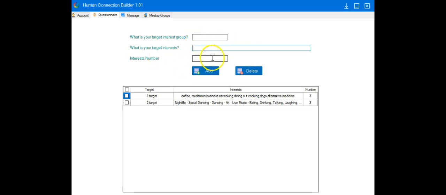Once you get them set up here, then you set up the interest number. Now the interest number is how many points of interest you want the software to match when they highlight the profile. I'll show you that in a second. But typically you would do 3, maybe 4, okay? And you can see here that I've got 3 on each of these. Now, you might want to go higher. It just depends. You can play with it a little bit, and you can create a situation that is exactly what you want. Okay. So if we go back to the meetup groups here,